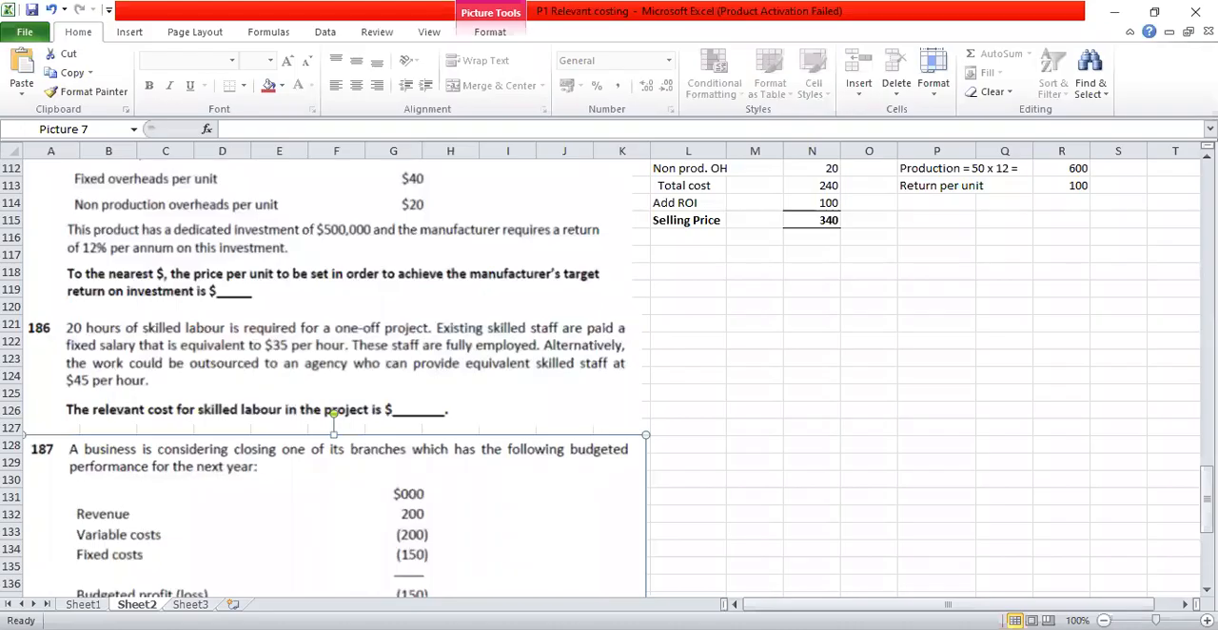Question number 20: 20 hours of skilled labor is required for a one-off project. Existing skilled staff are paid a fixed salary that is equivalent to $35 per hour. These staff are fully employed. Alternatively, the work could be outsourced to an agency who can produce equivalent skilled staff at $45 per hour. The relevant cost for skilled labor in the project is